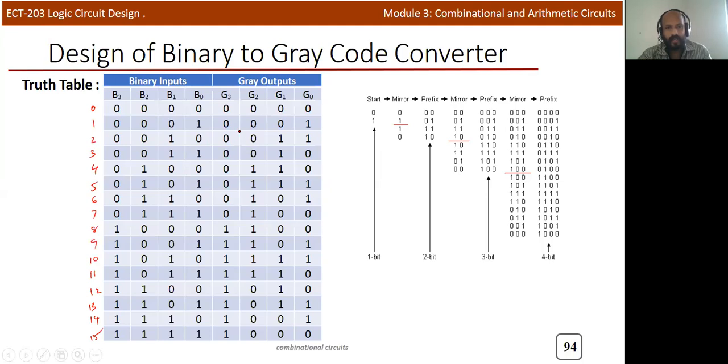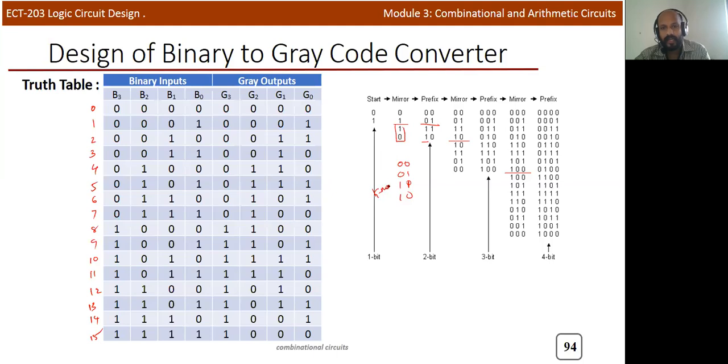So there is an easy way to write the binary sequence and the gray code sequence. The binary sequence you are already comfortable with, how we can write 16 values for a 4-bit binary sequence. So in order to write the gray output, first we can write 0, 1, that's okay. And if you know the 0, 1, just write the mirror image. So 0, 1, then 1, 0. Okay, just the mirror of the first two values. And if you know this, you can prefix 0 to the first two values and 1 to the remaining two values, 1, 1. Okay. Or indirectly you can write these terms, because 0, 0, 0, 1, 1, 1, 1, 0 is the sequence that we are using for the K-map.